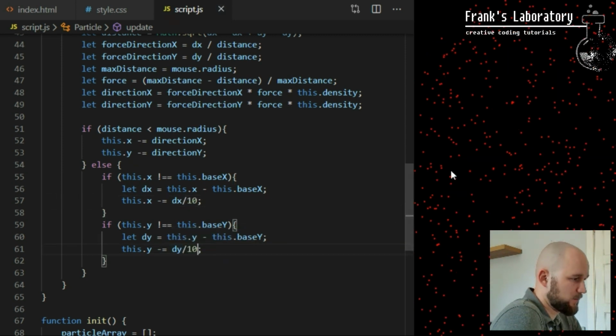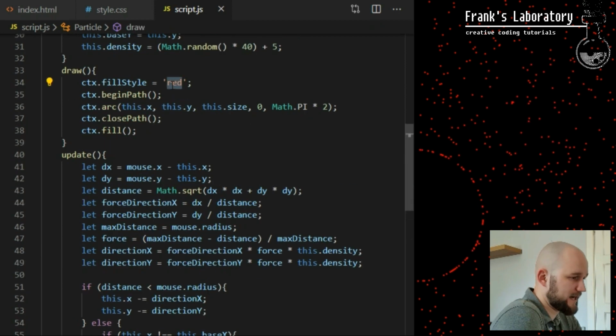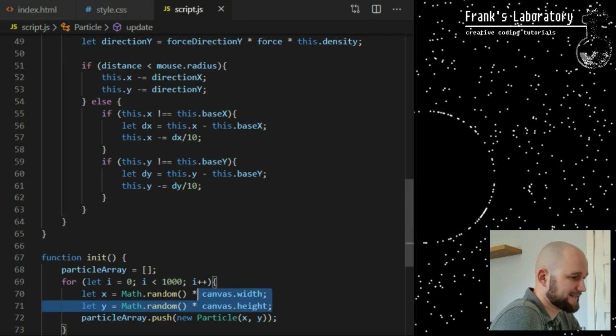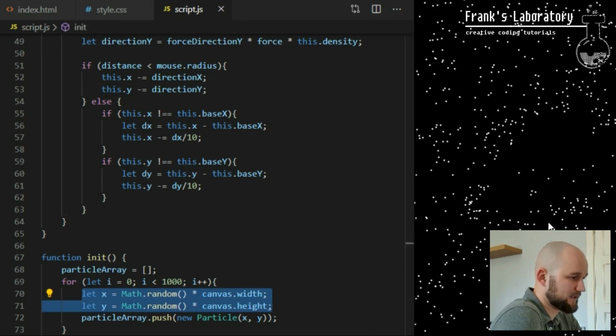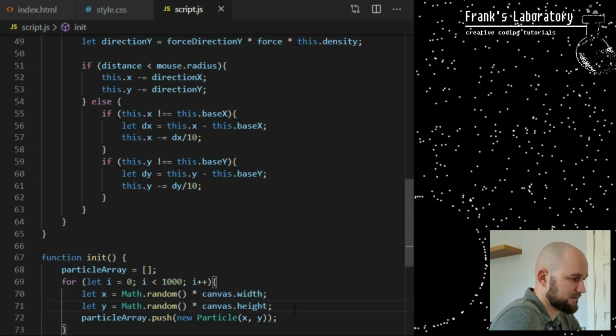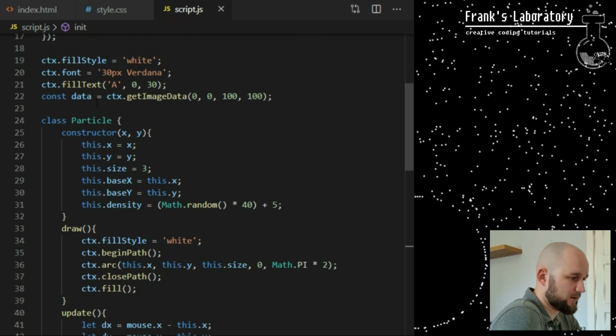So this all works. At the moment, we are just spreading particles randomly around the entire canvas area by calculating random x and y values here on line 70 and passing them as attributes to the particles class constructor on line 72. How do we make the particles spell out letters of text? For that, we use the data variable we declared on line 22. Here, we call the canvas getImageData inbuilt method that takes 4 attributes for a rectangular area of canvas we want to scan, and it returns an image data object that contains information like coordinates and color of the pixels from that area on canvas.